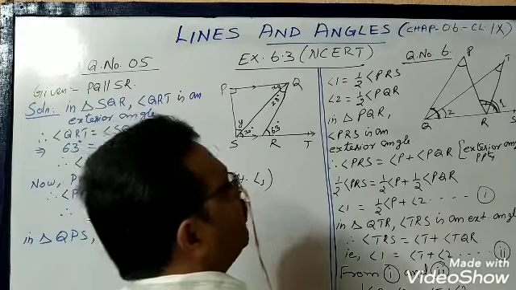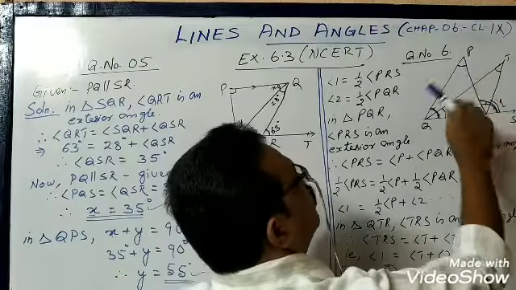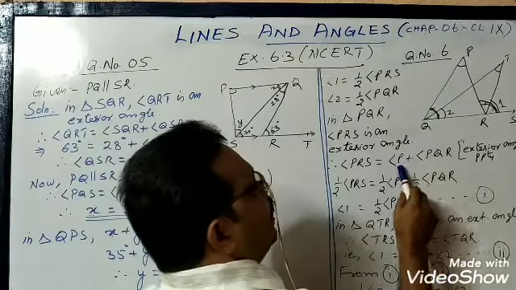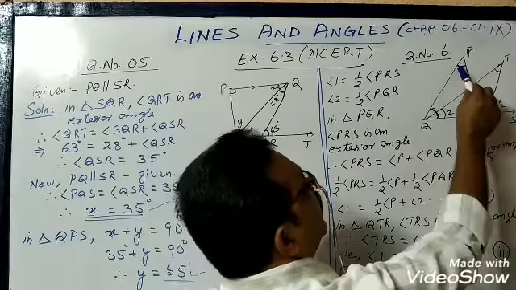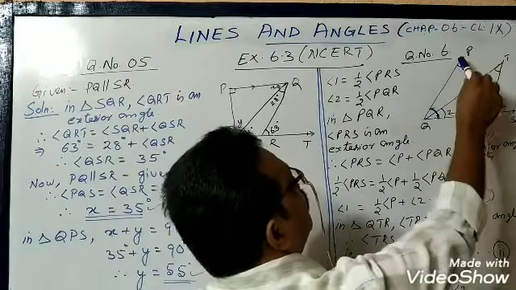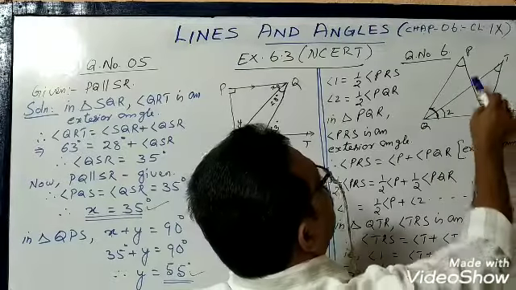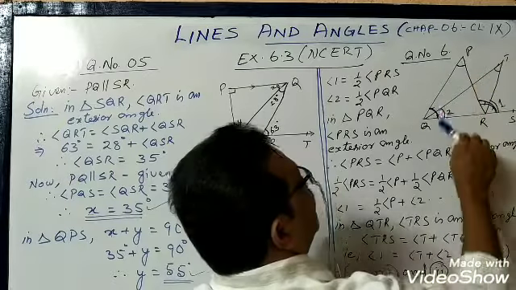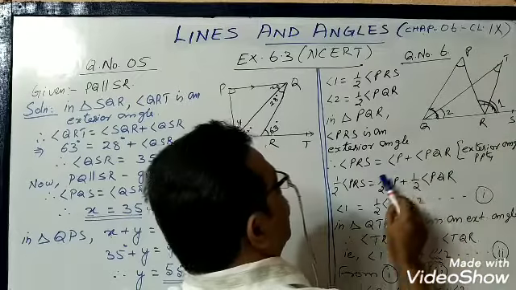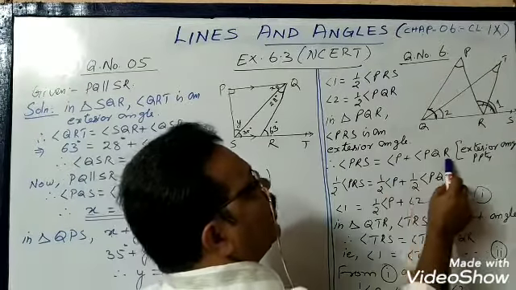Therefore, the exterior angle property: angle PRS is equal to the sum of the interior opposite angles, that is, angle P plus angle PQR. I have written angle P only because there is only one angle at P. But if I write Q, there are three angles: PQR, TQR and PQT. So I have to specify the name, angle PQR. So angle PRS, the exterior angle, is equal to angle P plus angle PQR.